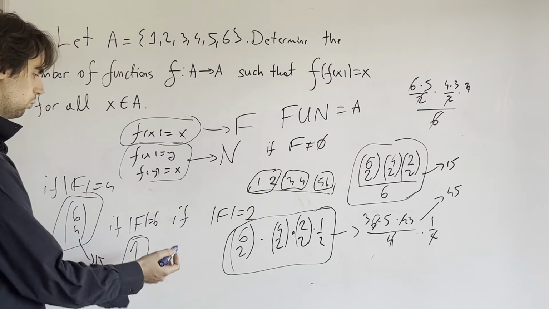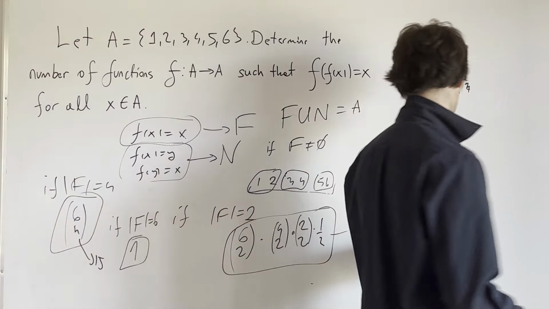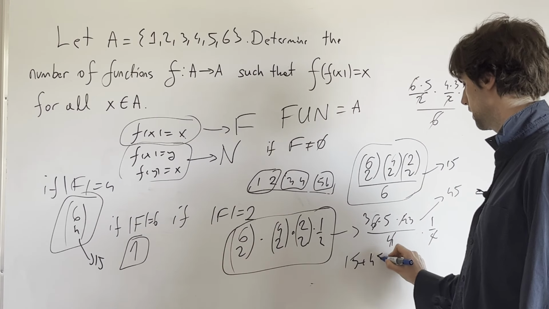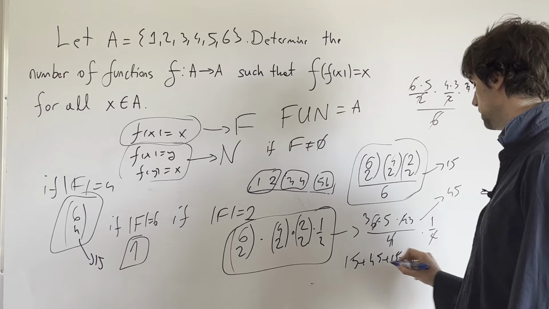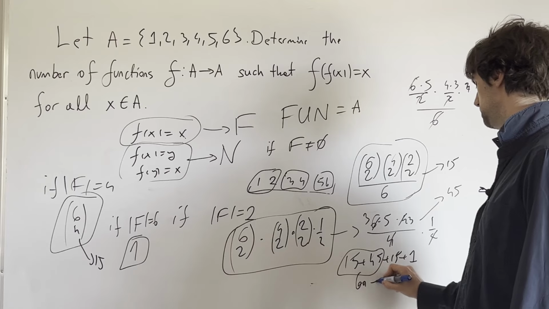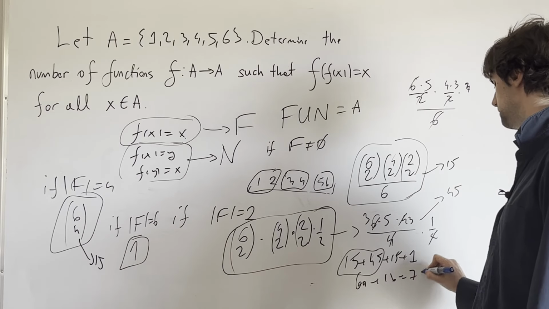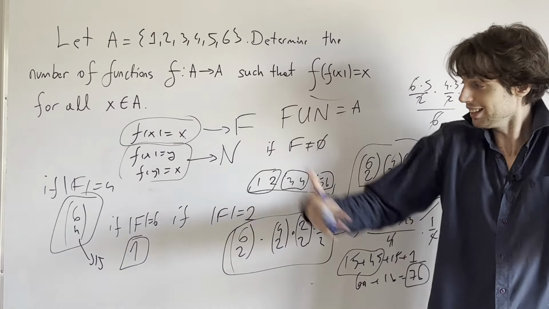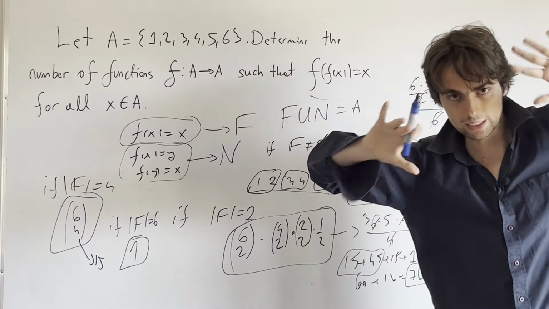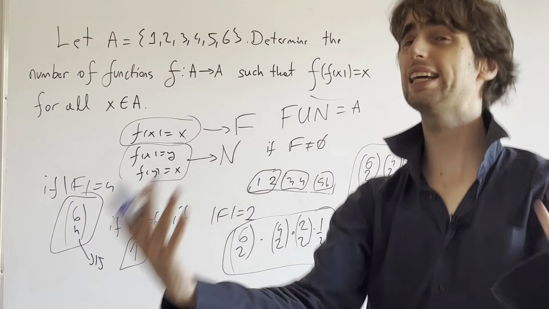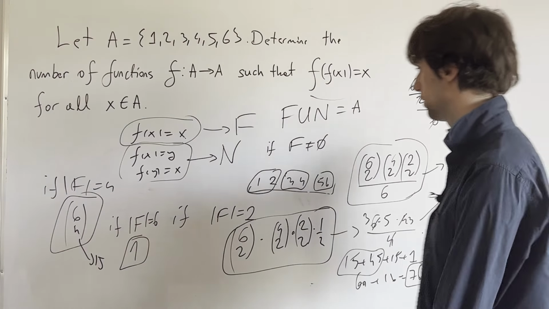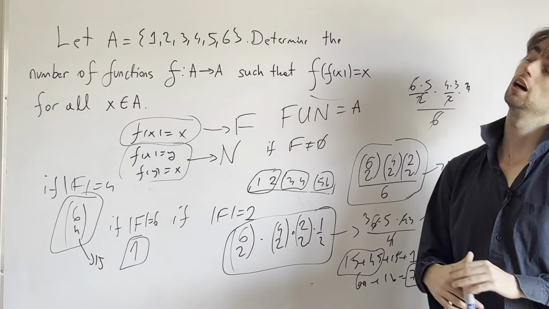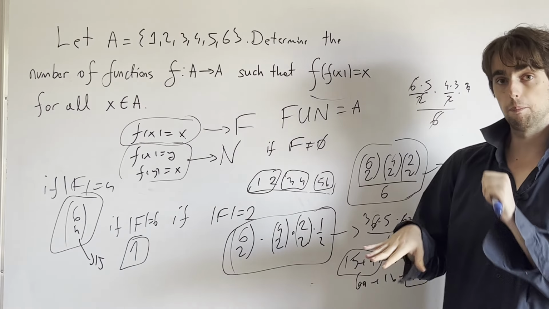And now we're going to have 1, so it's 15 plus 45 plus 15 plus 1. So that is a total of 60 plus 16, which is 76 different ways we can choose this function f. This finishes up our problem, and I want to show you these two different ways of thinking: immediately counting up everything, which is doable like this, or